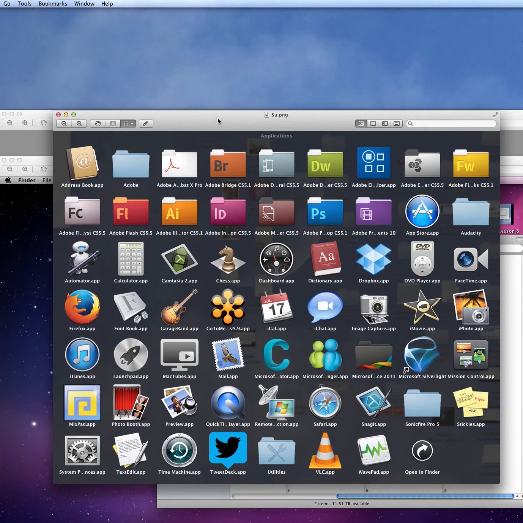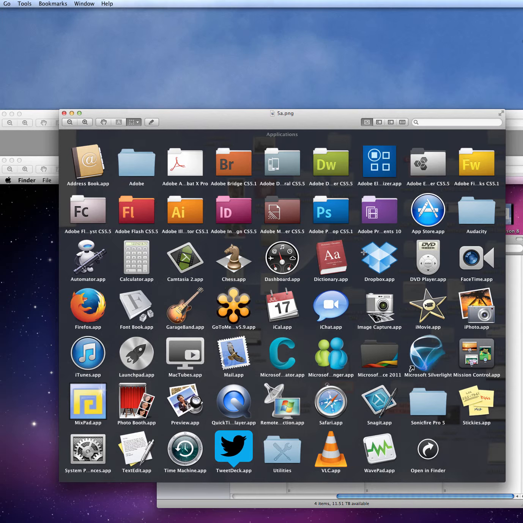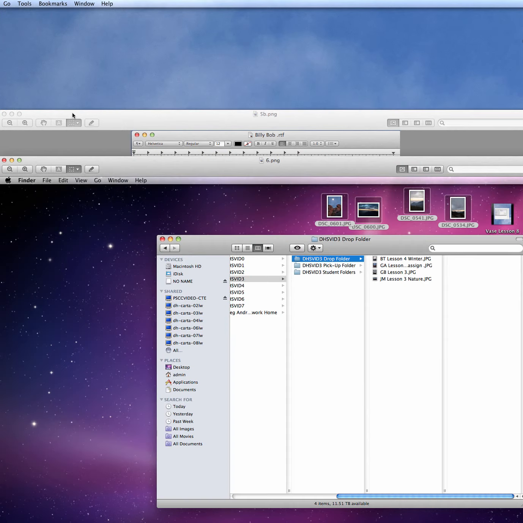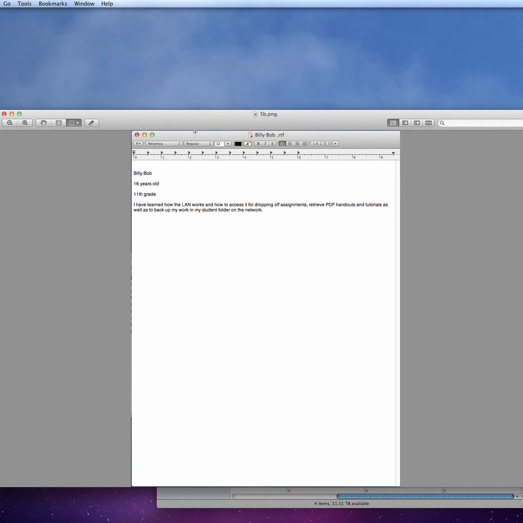Here we go. What I want to do is access our applications folder, and we are going to use TextEdit. You can see it right down here. So when we click on our TextEdit, we will get a page that looks like this, and the assignment